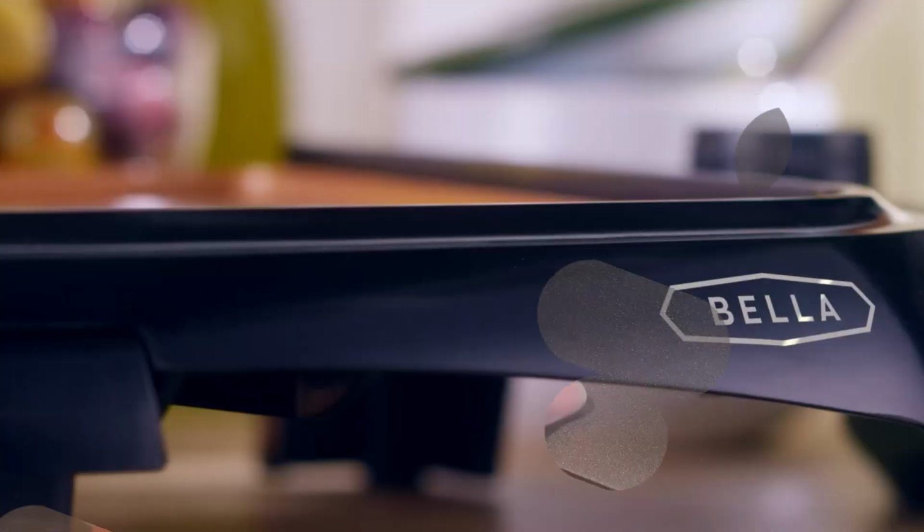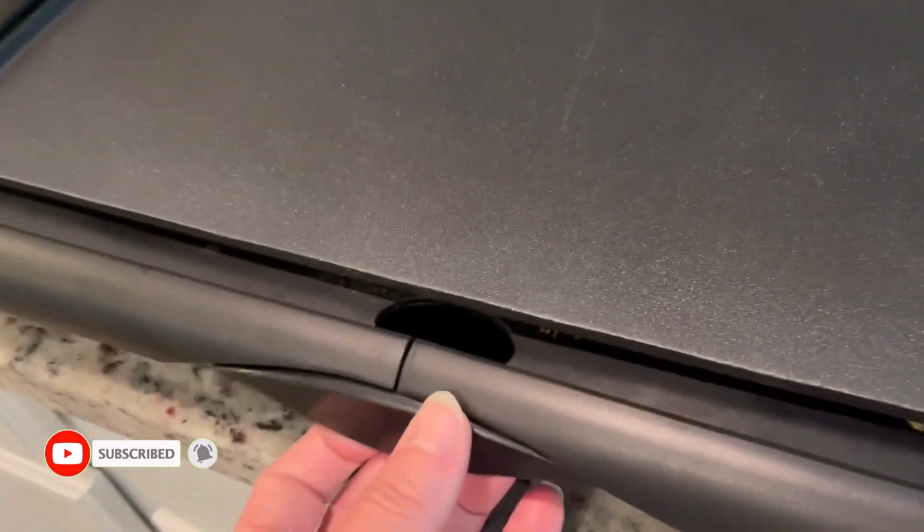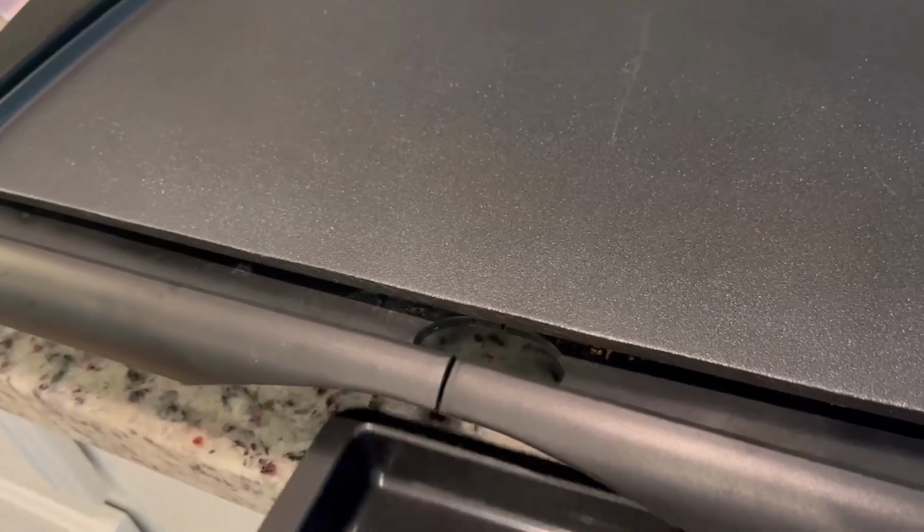One of the standout features is the non-stick coating, which is 8 times more durable and cooks up to 30% faster than traditional coatings. This makes cooking and cleanup a breeze, no need for butter or oil, and the dishwasher-safe